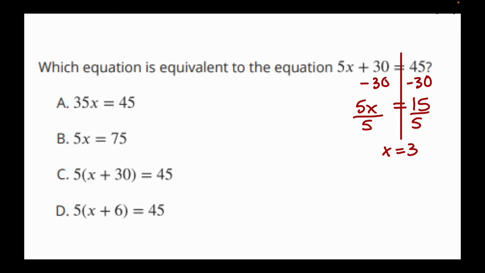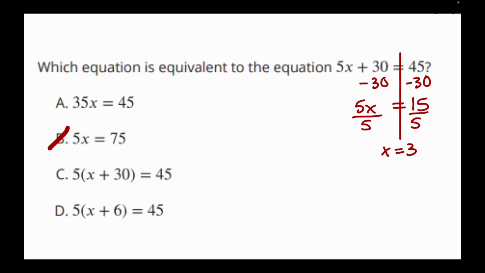You can always use the actual solution and test it in all of your other options to see which ones make something true. But I know that 5x is not equal to 75 because 5x should be equal to 15. So I'm going to cross that one out. That way I just know I'm not supposed to be using that one because I already know it's not going to be true. The rest of these equations all have something in common,